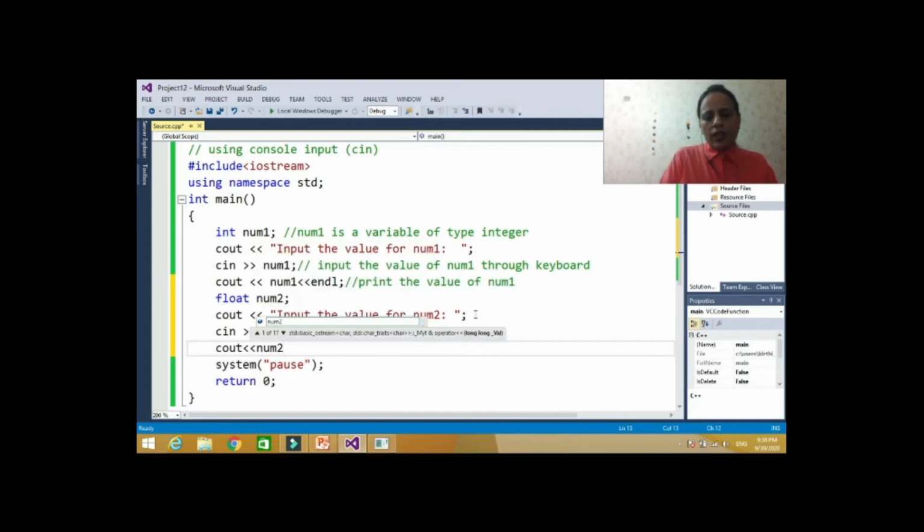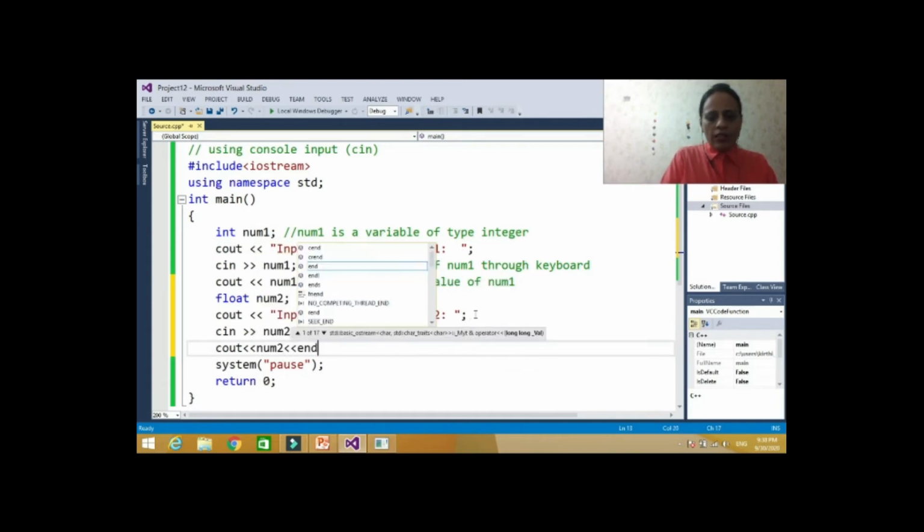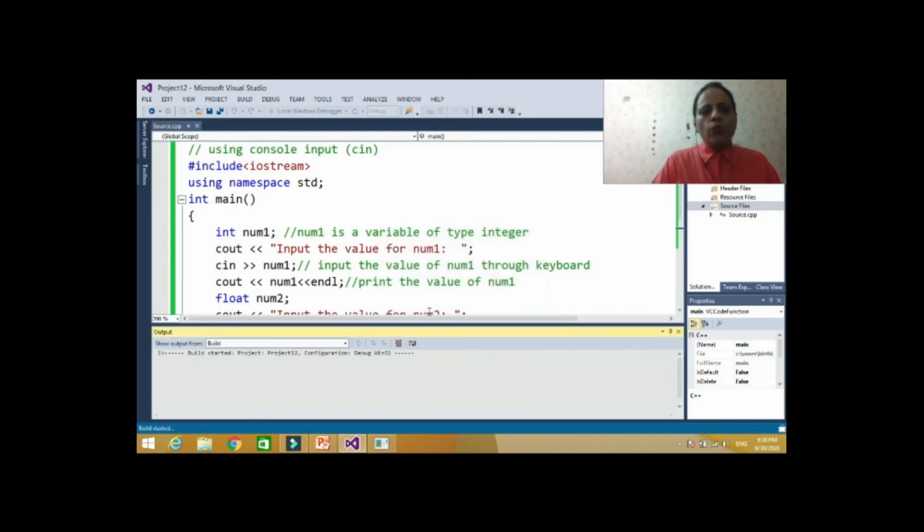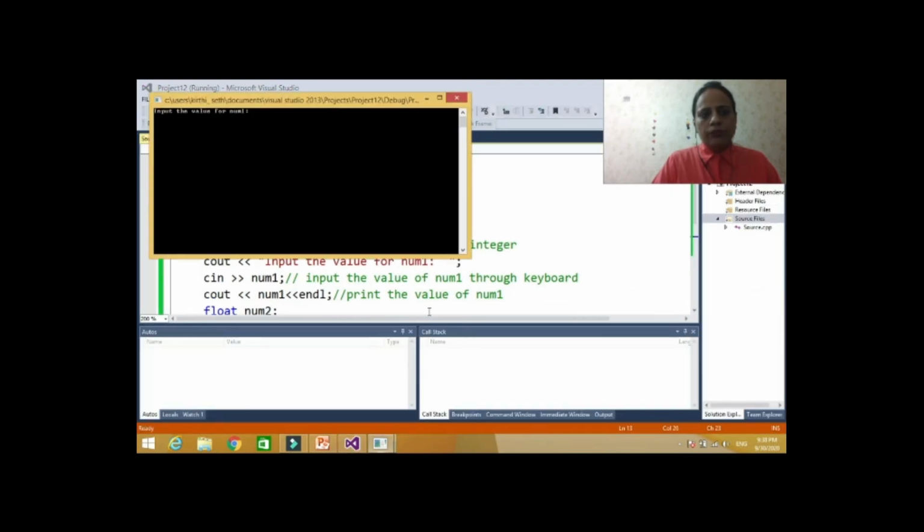Whenever I say in any program to take input from the user, it means you have to take input using cin. So it is a float variable. First we have to input num1, an integer. Let's say num1 is 5. Now it will print num1 and then ask for num2. Let's say num2 is 3.6, then it will print num2.